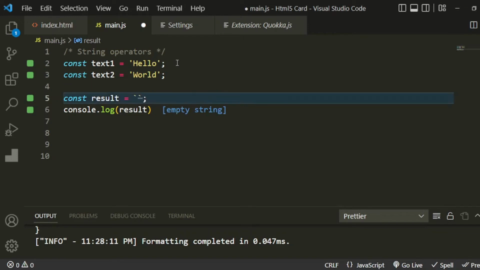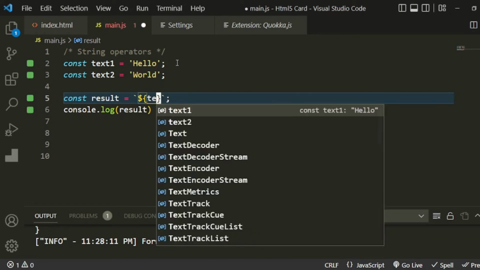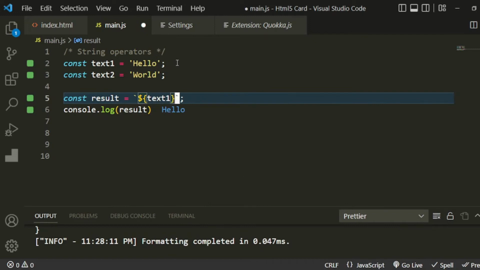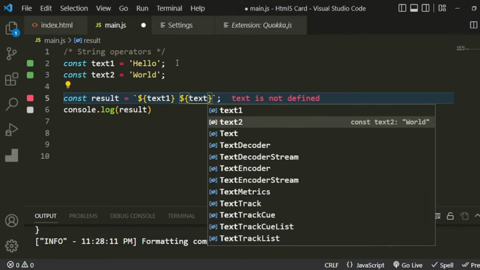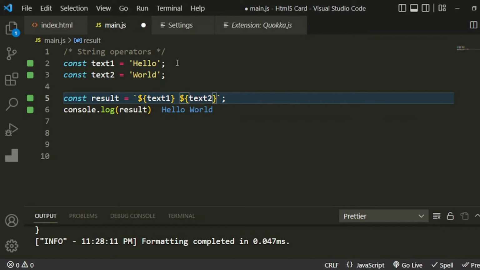So you go say, make we do backticks. And with these backticks, you could just do $, curly brace, and inside here you could just say text1. And then after text1, you do a space, and then you can say another $, curly brace, and inside there you could write your text2. And just like that, if you write them like a full statement, it will still work exactly the same because